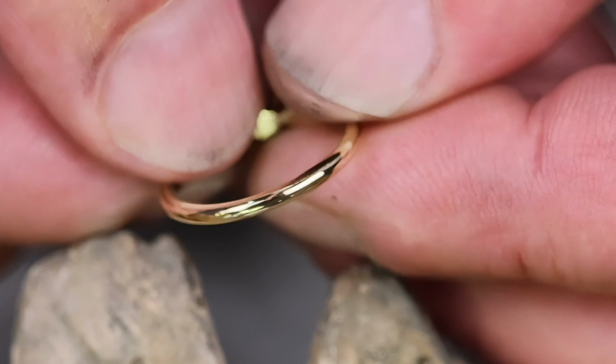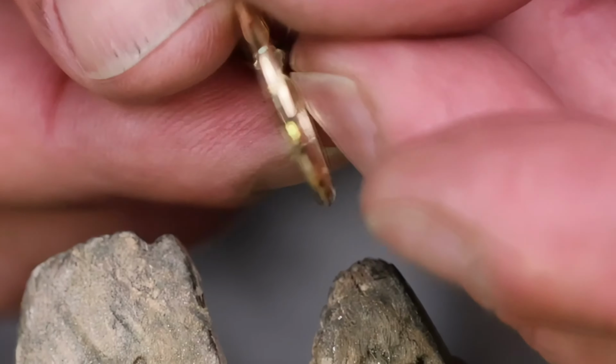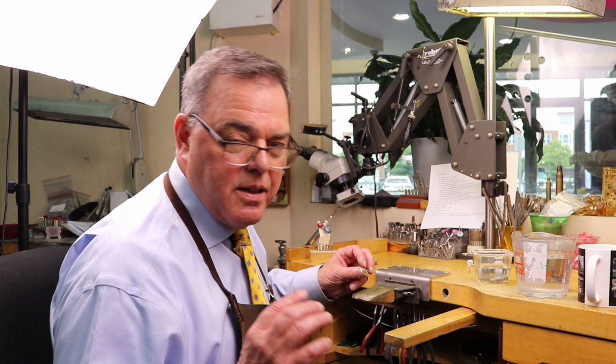There's many ways to size a ring. You've got wider rings, you've got white gold, yellow gold, platinum, silver, other metals, and if you'd like to learn